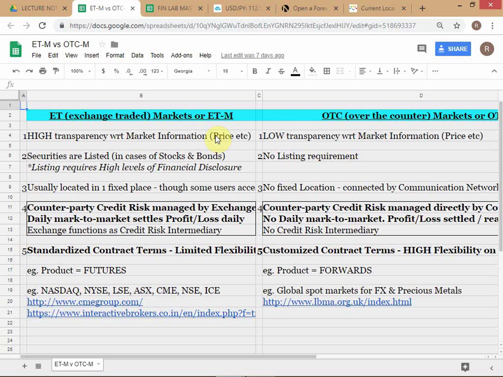Okay? Is this clear? Now this is again an example of counterparty credit risk. So the point here is that these guys have no recourse. I mean, they can file a legal claim, of course. They have that option, but that's a very messy affair. But the point is, these guys are stranded with this. They can't go to anybody for any help as such. They have to eat the loss. Because the deal in OTC markets is all transactions are between two parties, and all counterparty credit risk is managed by the two parties.